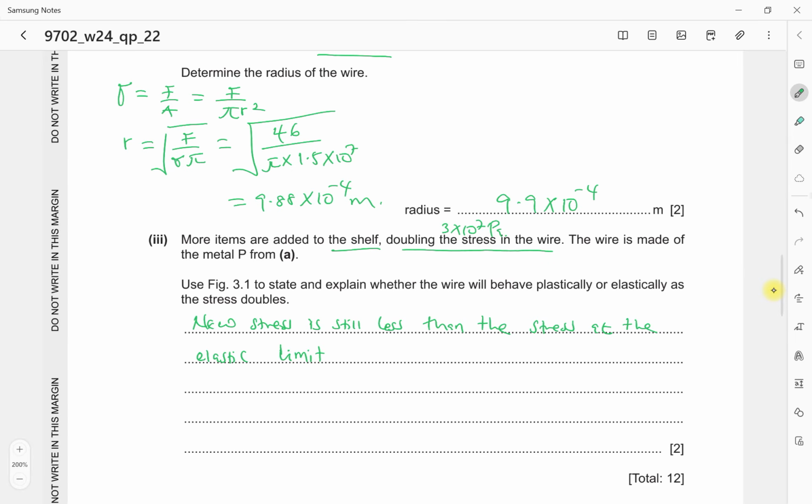The new stress is still less than the stress at the elastic limit, and the new strain is also going to be less, of course. Because remember, if the Young modulus is a constant, then the stress is directly proportional to strain. So it means the new strain